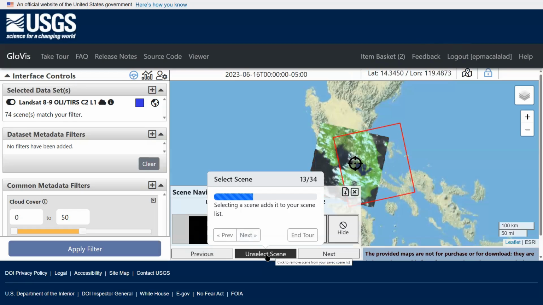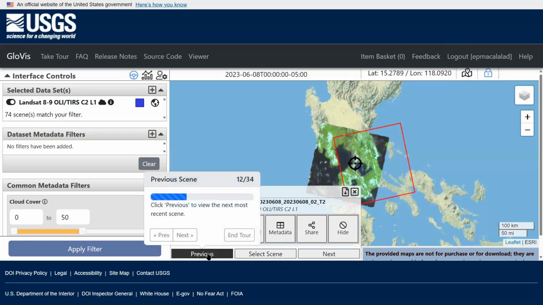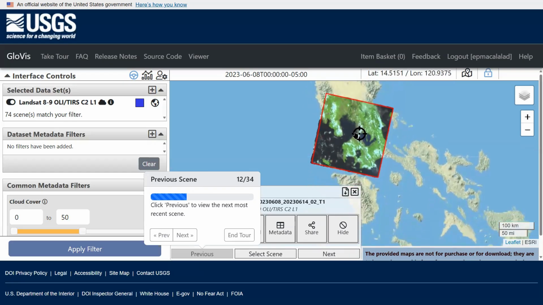So this is a selected one. If you unselect the scene, the number of items in the basket is reduced to 0. Okay, let's go back. Previous scene, we're going to select next. You can see that the image will be different.